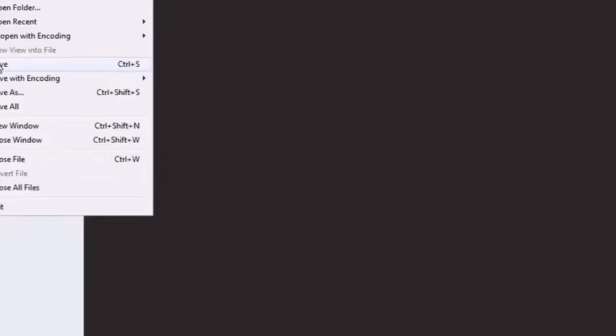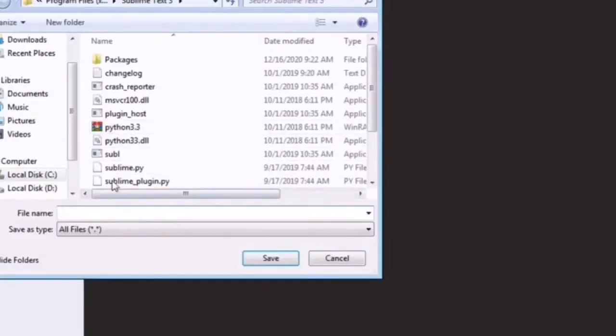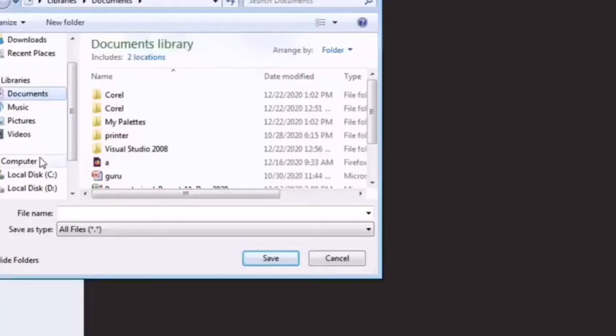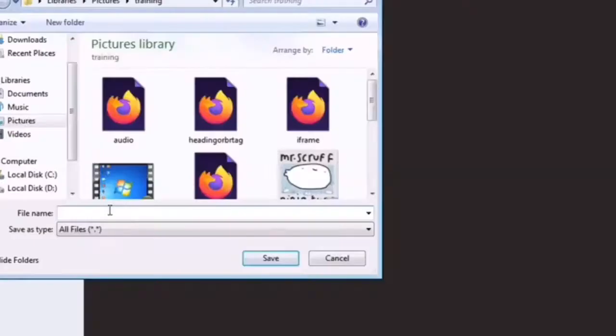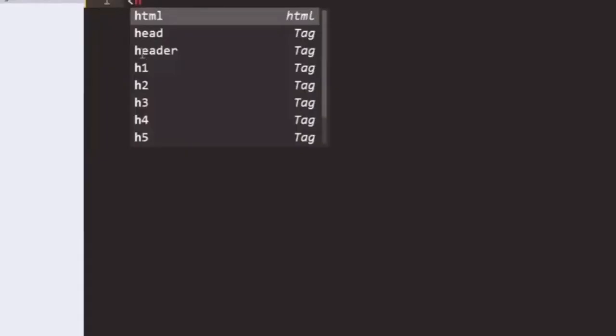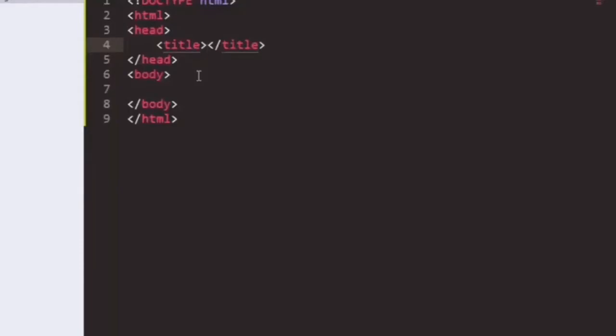So now we will open our Sublime Text. So now we will type our file, that is HTML, the full body structure.